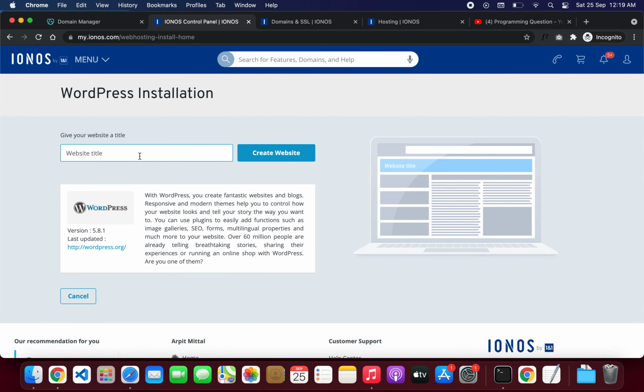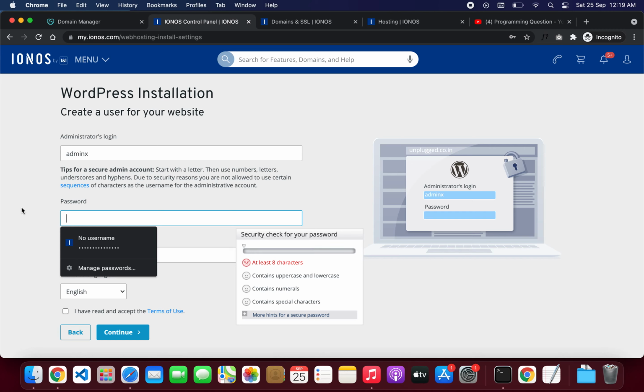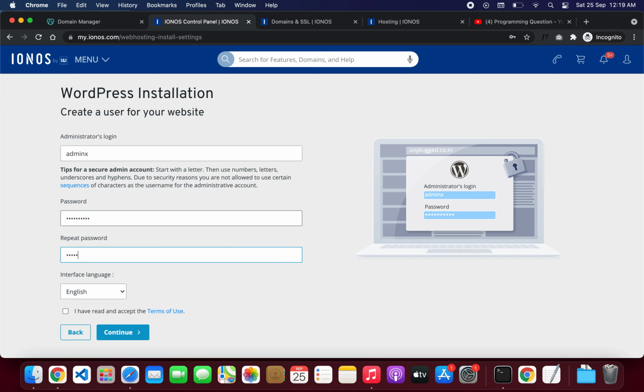Give it your name. Here you can write the admin details for your WordPress. So I'm just selecting any random name, admin X or something. Click continue